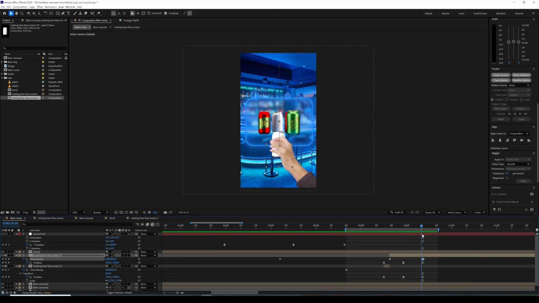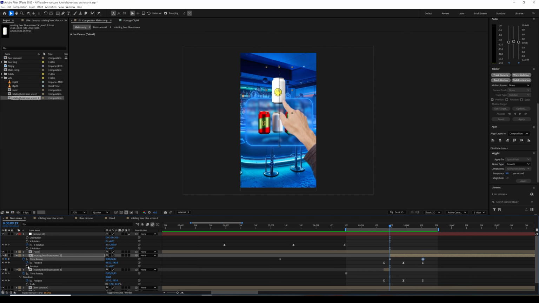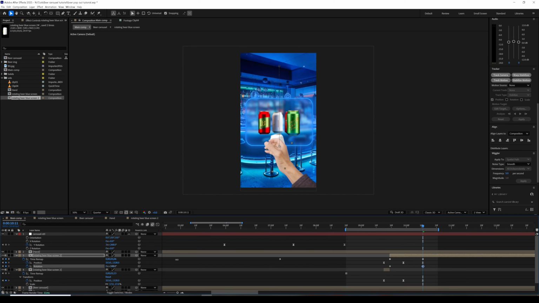And now we need to give it a rotation. Shift R, press R, and make one full rotation like this. Let's hit F9 and let's take a look. So now we need to come here